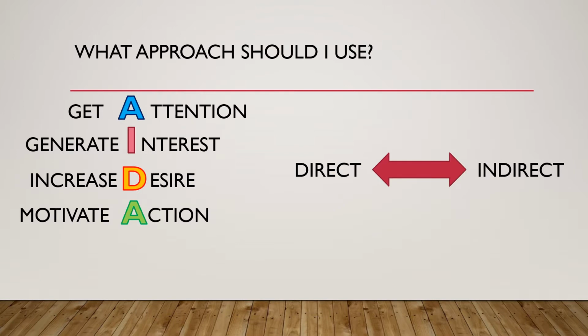What approach should I use in order to deliver an effective persuasive message? First of all, we must have in mind that there are two different types of approaches. The first one is the direct approach. This type of approach occurs when the person delivering the message comes with the idea first, at the beginning, followed by the evidence to support the statement. This approach is mainly used when your audience will be neutral or your message is positive. On the other hand, the indirect approach occurs when the person delivering the message comes with the evidence first, which then leads to the main idea.